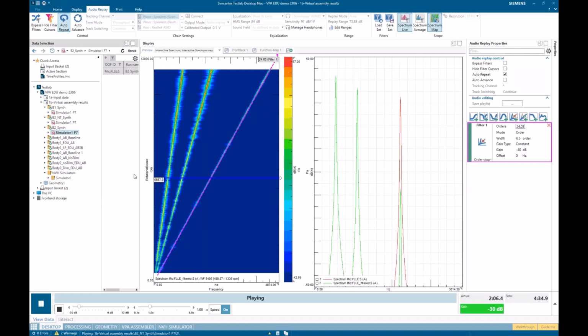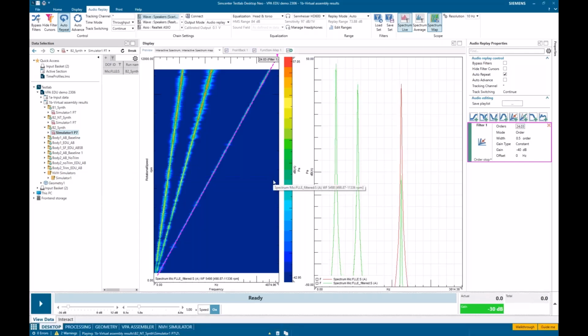Okay, so that is the functionality of the new NVH simulator available in 2406 in offline mode. This is an exciting first step where we're able to auralize immediately after I do a virtual assembly. I can now auralize that with almost no additional work by turning on the simulator, running it through some established speed or RPM sweeps or different operating conditions, and then hear what those assemblies sound like, do some traditional sound quality analysis on them, etc. So stay tuned, but very cool new feature of 2406.